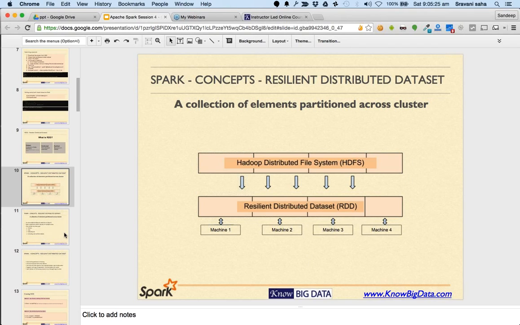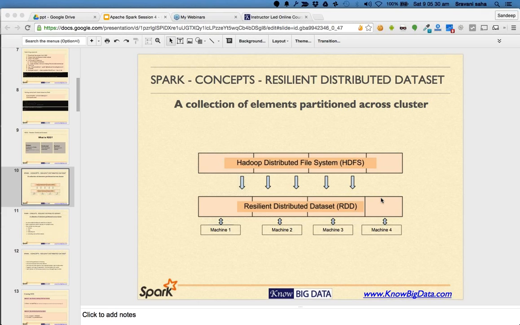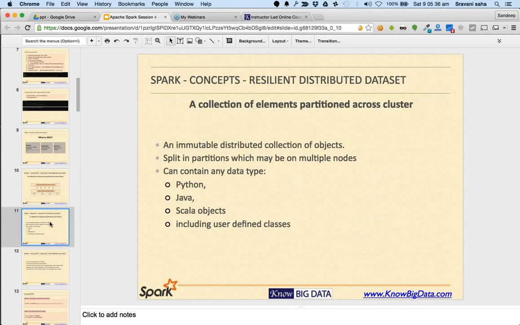You cannot modify an RDD. What you can do is you can transform it into another form. All right. So again, it's basically a collection of elements partitioned across the cluster, and it's an immutable distributed